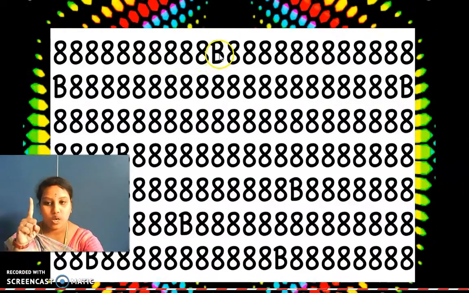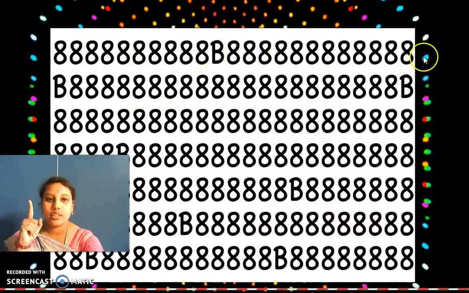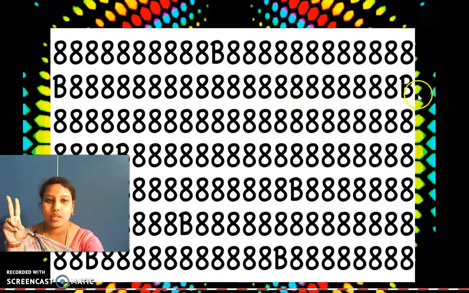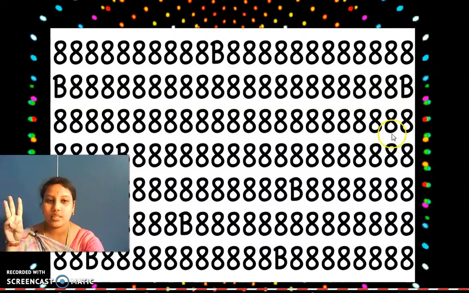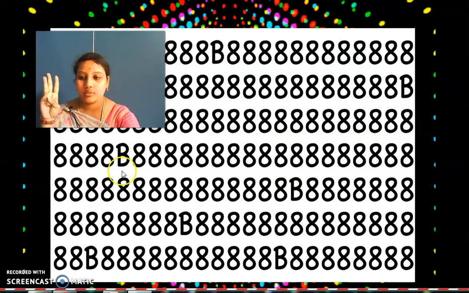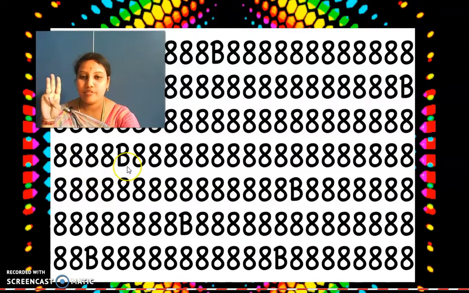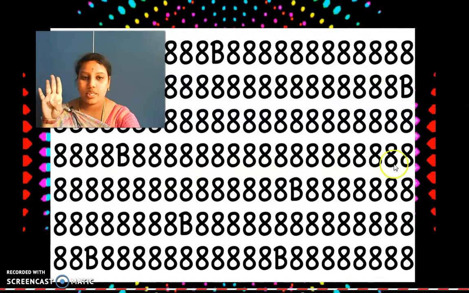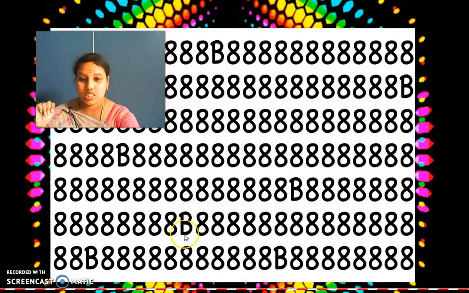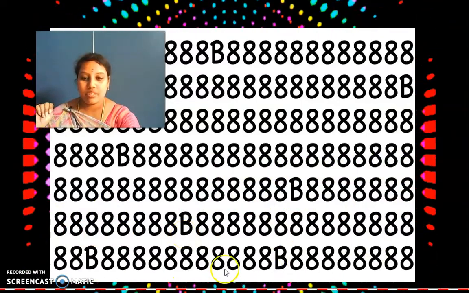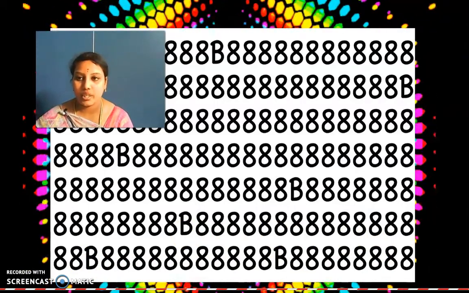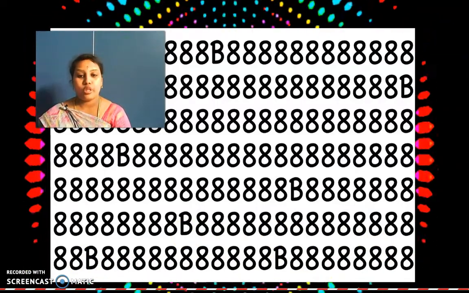1. We found 1. Okay. Here it is not there. Here 2. Now it is 2. Here 3. Correct. But in this image, in this line, it is not there. Here 4. Next 5. Next 6. 7. 8. Totally we have 8B. Correct. So we have 8B. So that is not a problem.